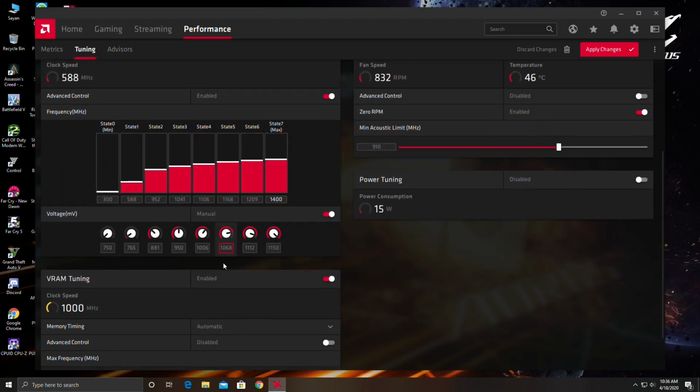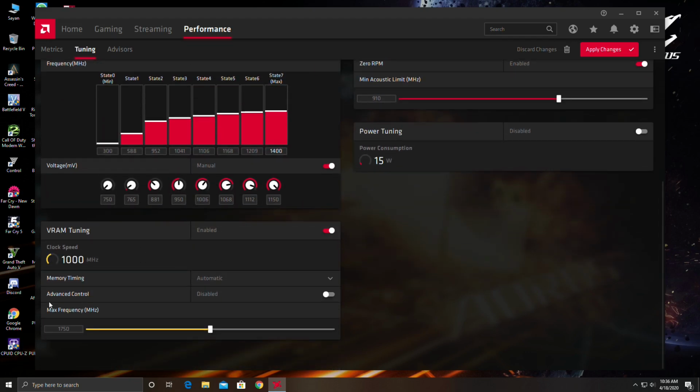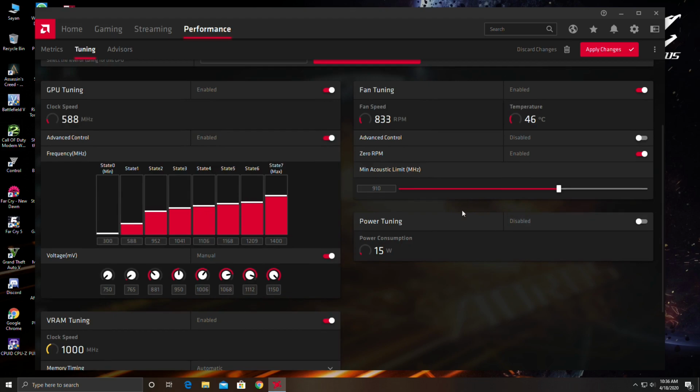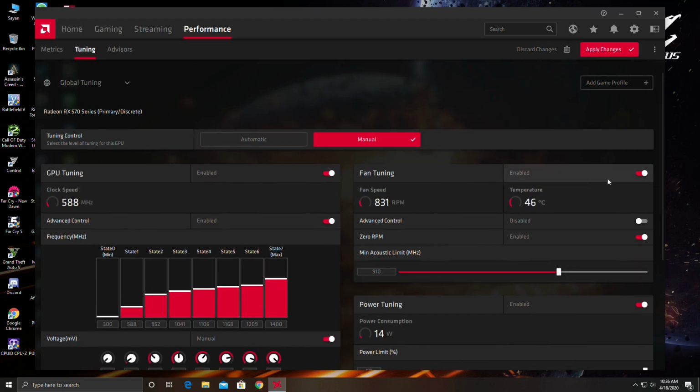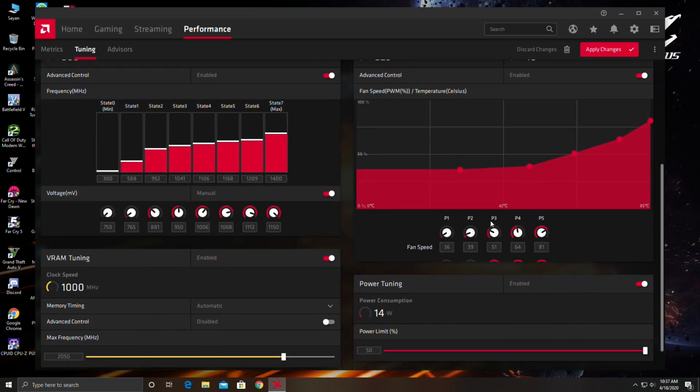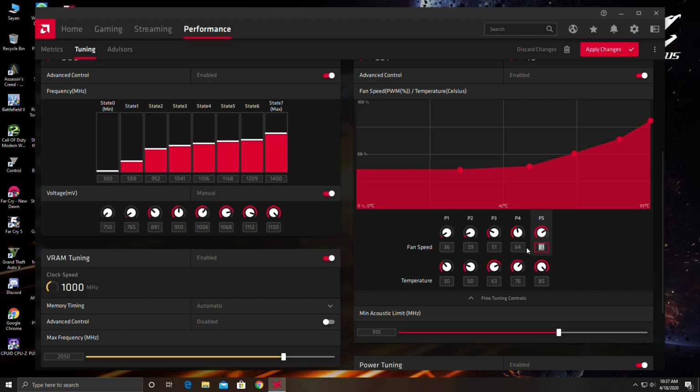We will set the VRAM to 2050 MHz and set power tuning all the way to max, 50. And to keep the GPU cool, we need to tune the fan. Let's set it to 100.